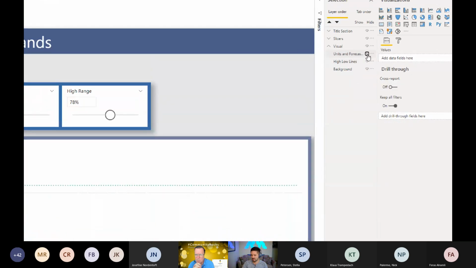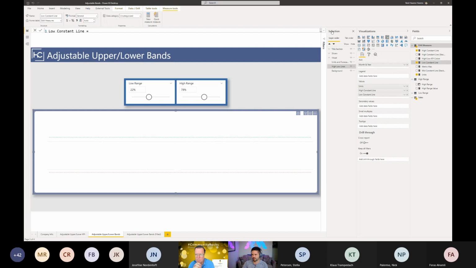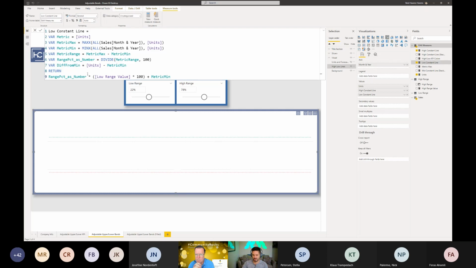If I hide the top piece, I actually have a visual in the background that is providing just the bands in here. I'm going to go ahead and select that. And basically what I provided is just the actual high and low constant lines directly in this. So that's all it is doing, is just returning basically the whole value. Again, there's a couple of pieces in here, but the end result is it basically needs to know what that percentage is, and it's displaying that on the axis.